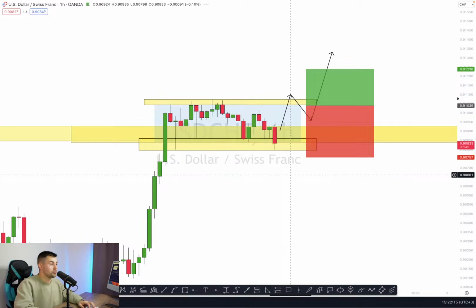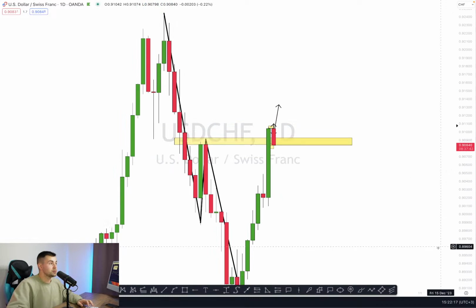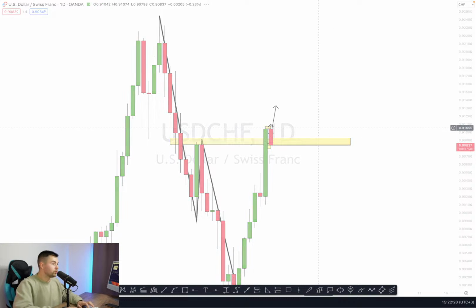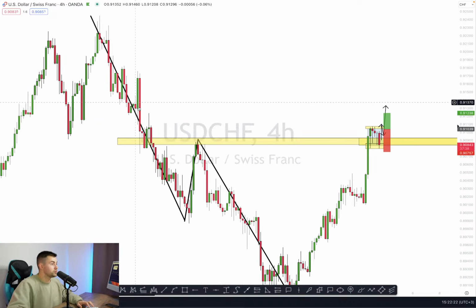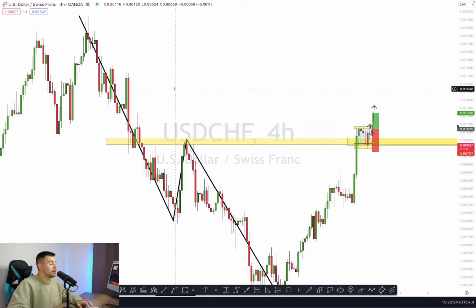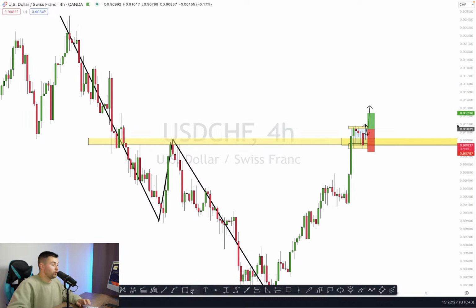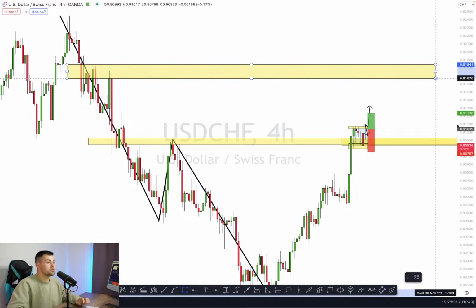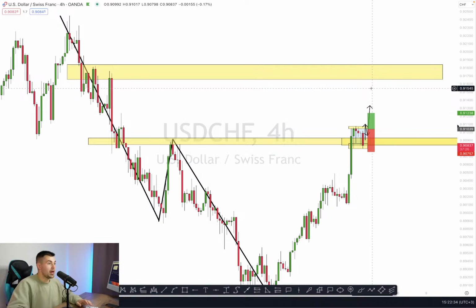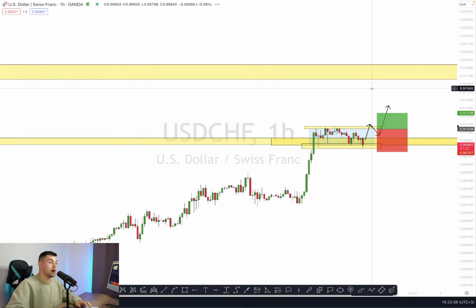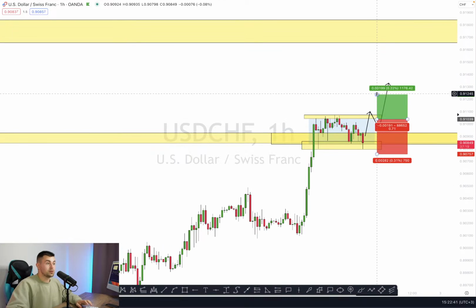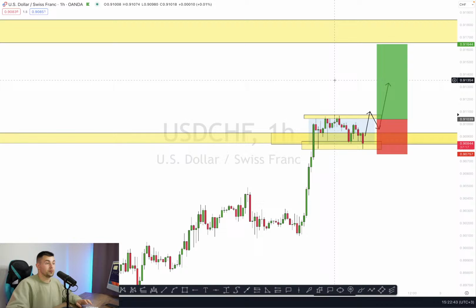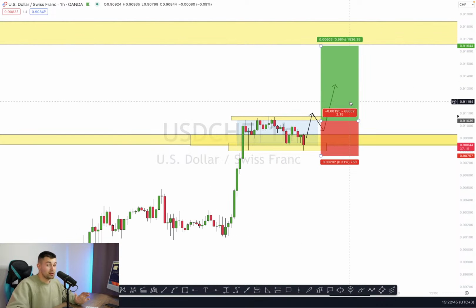And where should be the target? For target, I would suggest returning to probably the 4-hour and check our horizontal structures on the left to look for the next strong resistance. And for now, I see the closest strong resistance right here. Yeah, you can see a very strong structure cluster right here, that zone, and that zone can be applied as our target. Yeah, so here will be our take profit, and you can see that here we can have a very nice risk to reward ratio.